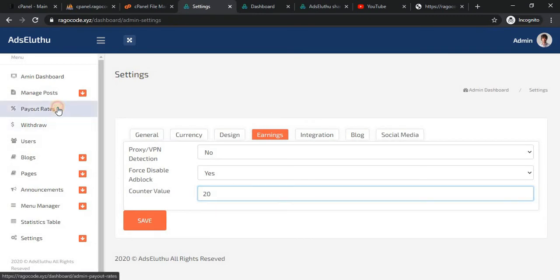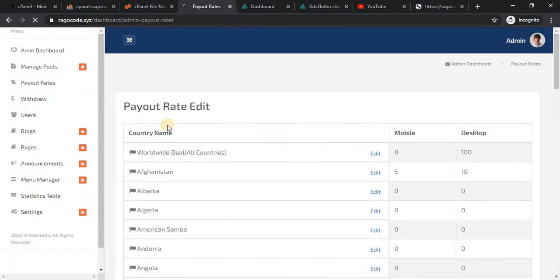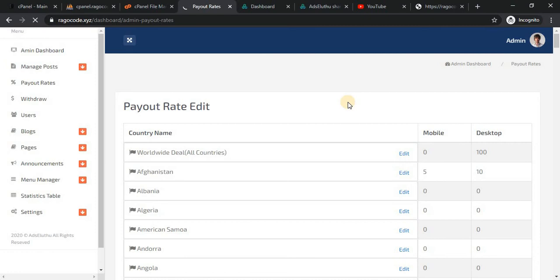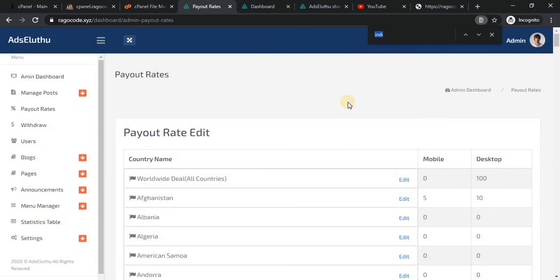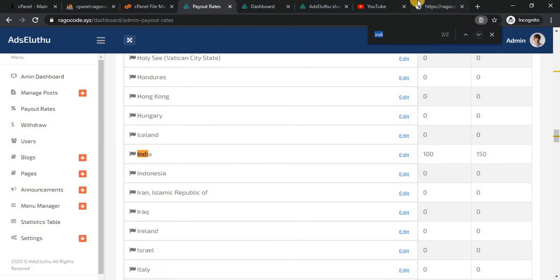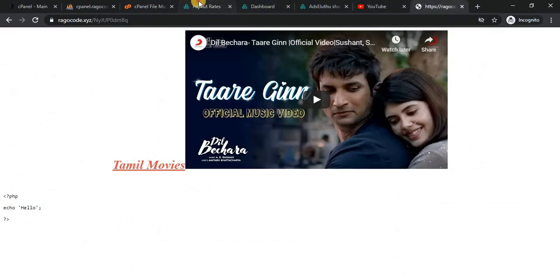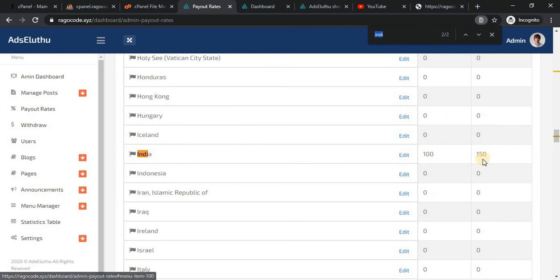Because of the payout rate. I am in India and visit this post from India, so it calculates 150. If I come from mobile, it adds 100, but I'm coming from desktop, so it added 150.